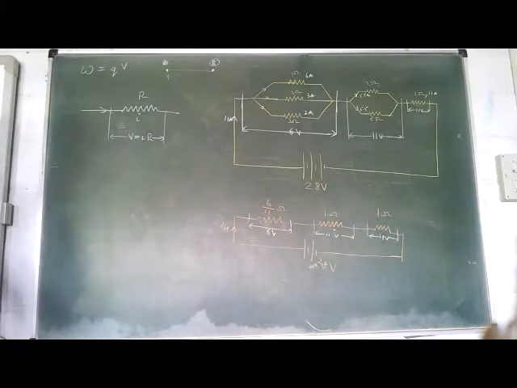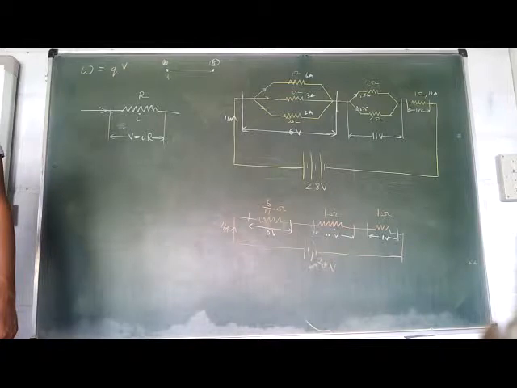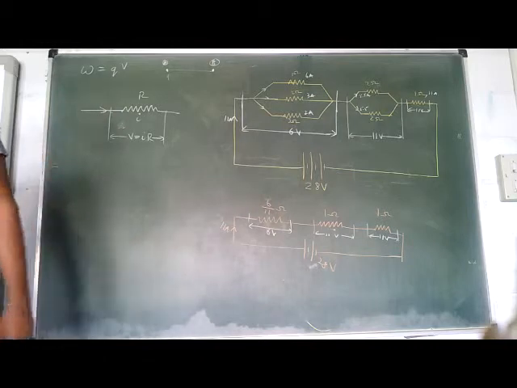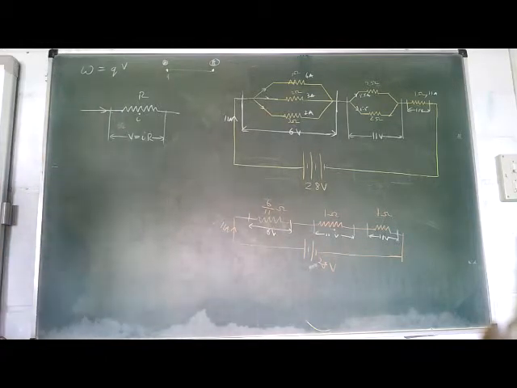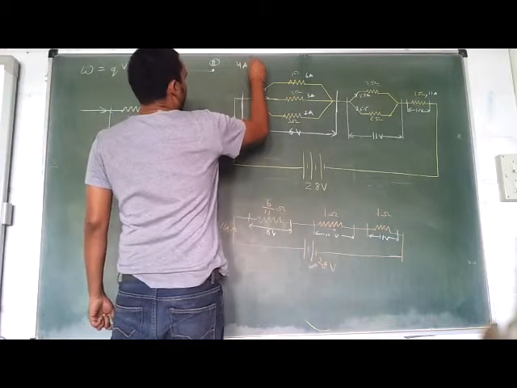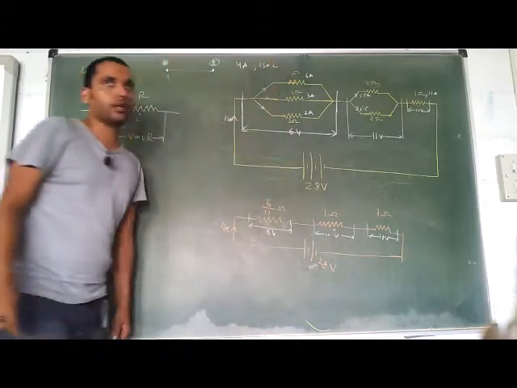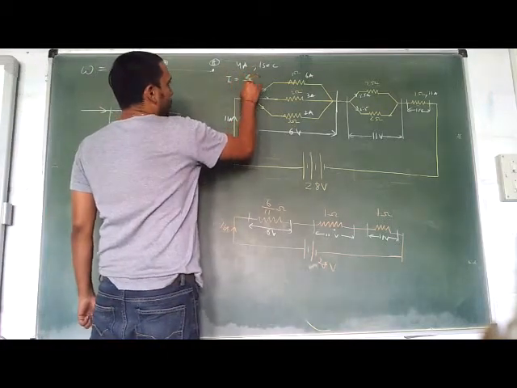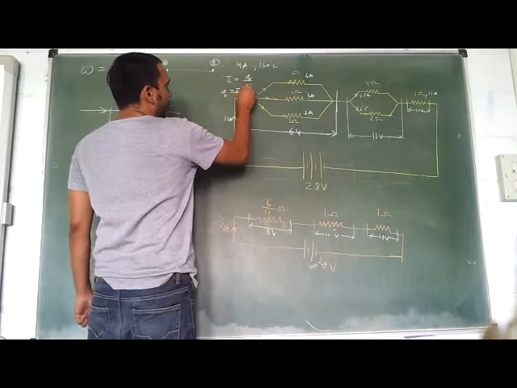So how much charge is going through this? Can you tell me in terms of current? Work was being done in moving a charge. So what is the charge over here? If current I is flowing, what is the charge? I into T, or not? If 4 ampere flows for 4 seconds, how much charge has been transported? 4 amperes for say 1 second, how much charge? 4 coulomb, or not? What is the relation? I is equal to Q by T. So Q is equal to I into T.